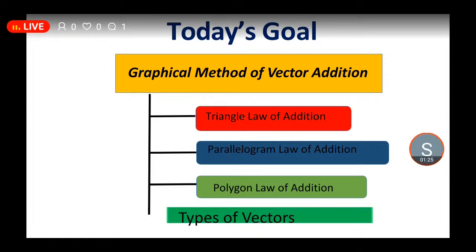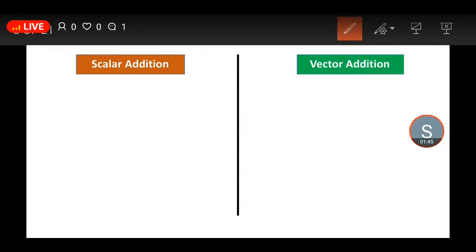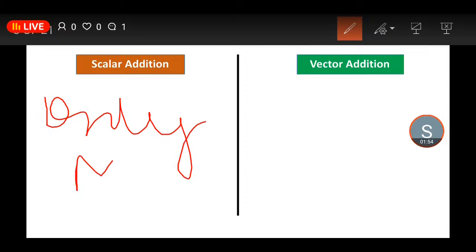Yesterday we learned so many things, right? Shall we once revise those things? Yesterday we learned scalar quantities and the differences between them. Scalar quantities are those which have only magnitude. Vector quantities have magnitude